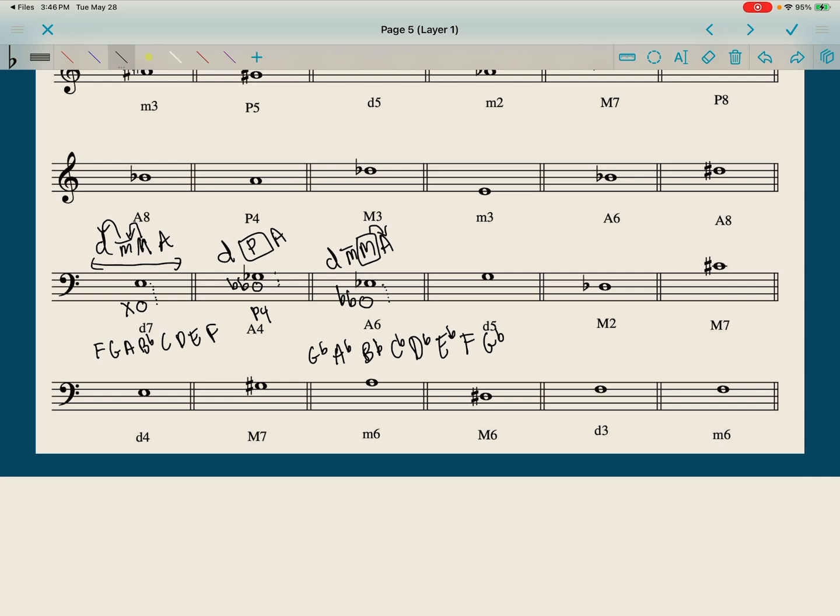Let's try maybe 1 or 2 more that aren't diminished and augmented. So up here, you have this minor third, right? It's asking you to write D, C, right? Okay, so we can't change this to make it an E flat, to make it a minor third. So we need to